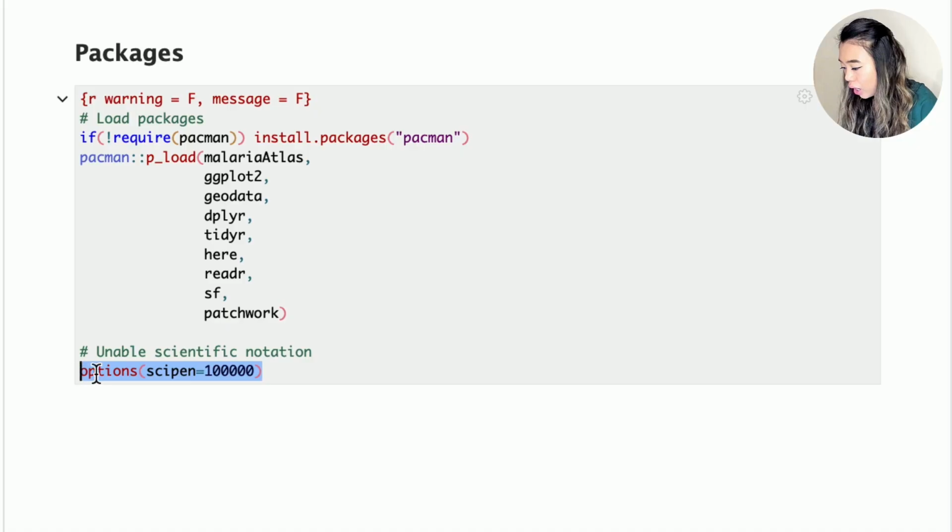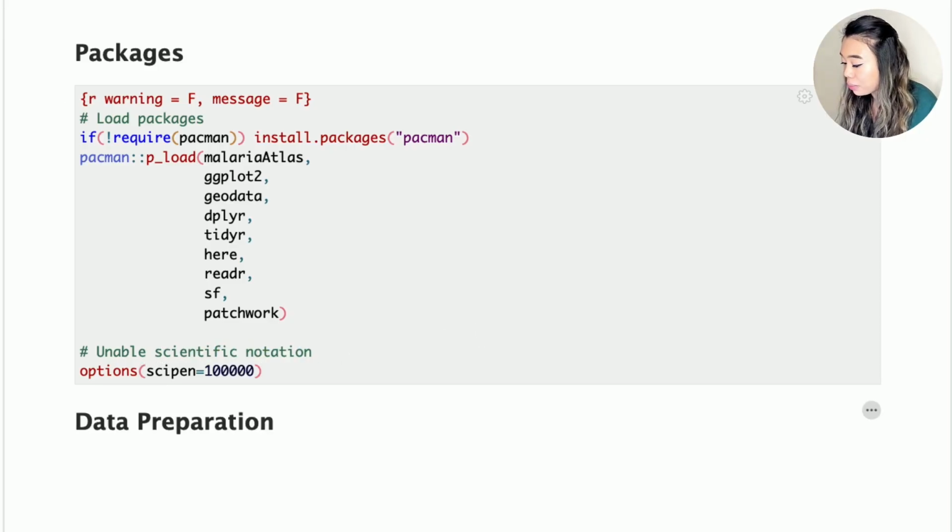And with this options function, wherein the sci_pen argument is set equal to 100,000, this simply disables scientific notation and allows for clearer numeric displays. So if we run all that, since our packages are all loaded and we've disabled scientific notation, we're ready to